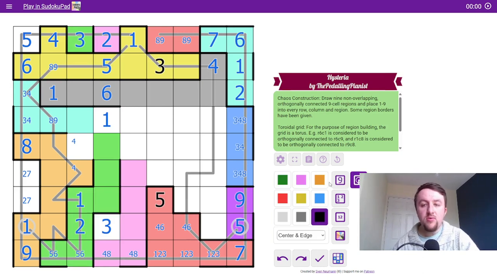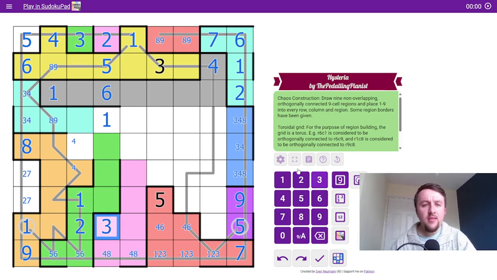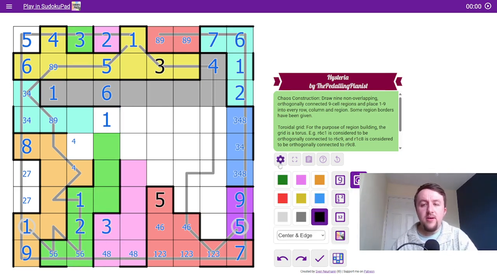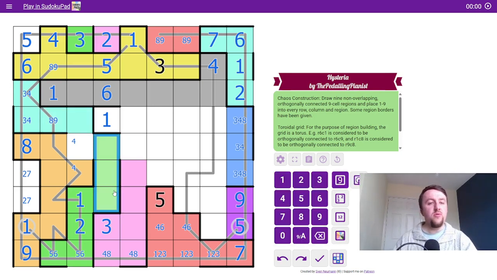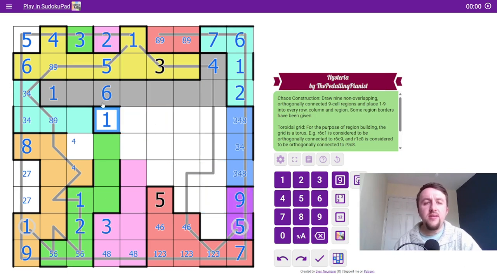So these region borders are valid, and now the only region this cell can join is pink. And 1, well again, we can do this because we've already got a 1 in light blue and we've already got a 1 in green. So now, which region is this 1 a part of? It can't reach purple. That is 10 cells as a minimum, even if we go there as fast as we can. It's not going to be part of grey, and it's not going to be part of pink, because we've already got 7 cells in pink, so that would make it 10,